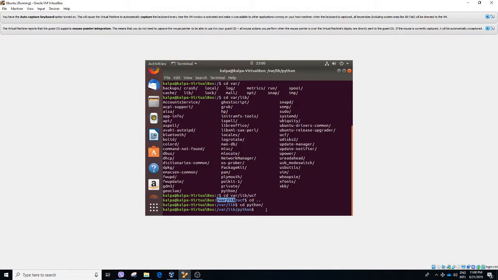So as students who are doing ICT or anything related to IT, you're supposed to know the commands, especially Linux commands. And okay, if you want to go to your default directory, it means